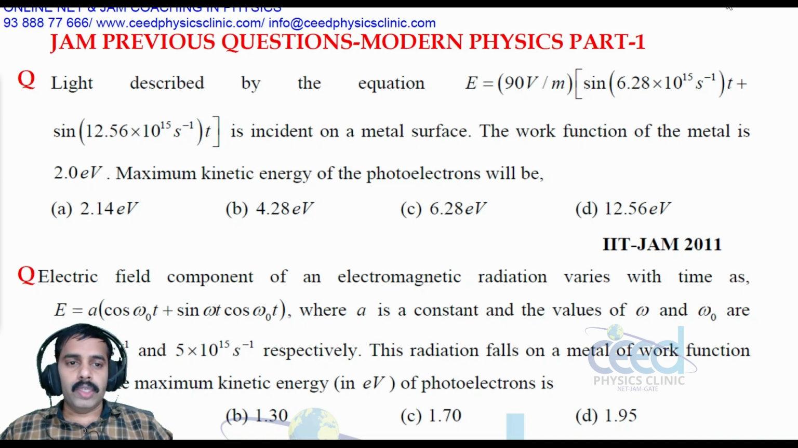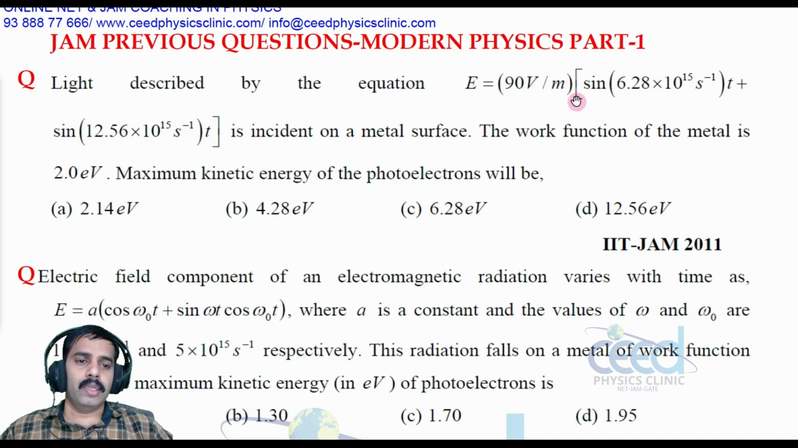Today we are focusing on JAM previous questions that are asked for the JAM examination in modern physics. We will discuss the entire modern physics in 5 or 6 parts, and today we are focusing on part 1. Okay. So the first question is: light described by the equation E is equal to